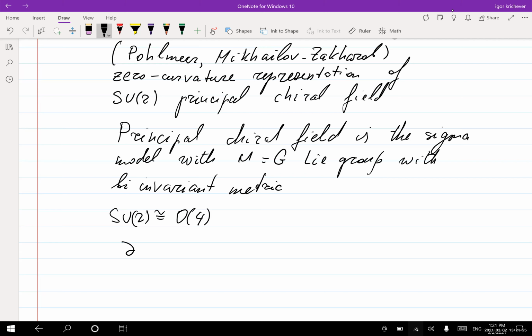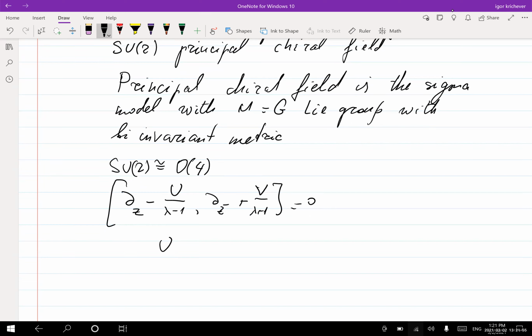So the equation of motion can be represented as a zero curvature representation: u at lambda minus 1 d z bar minus plus v at lambda minus plus 1 equals 0. This is equation that is equivalent to the equation with u, which is d z x times x inverse, and v is x inverse d. So it's currents of our map x, a local picture of sigma model into